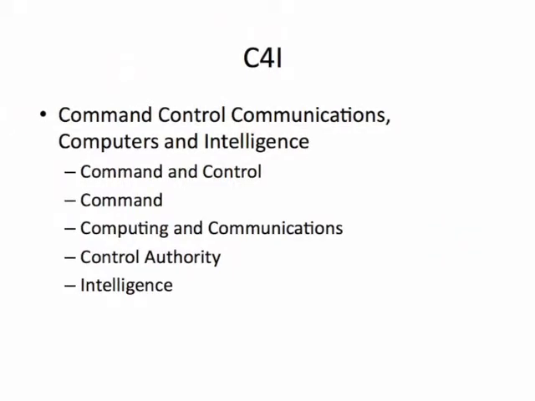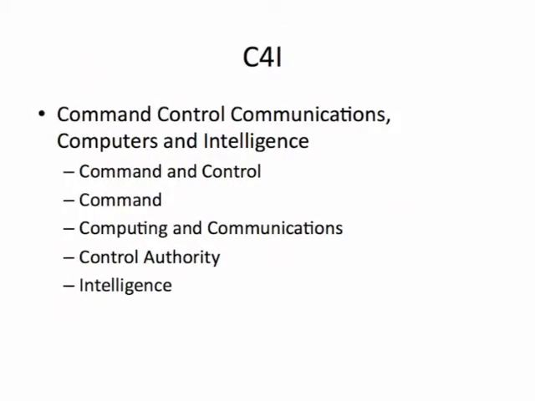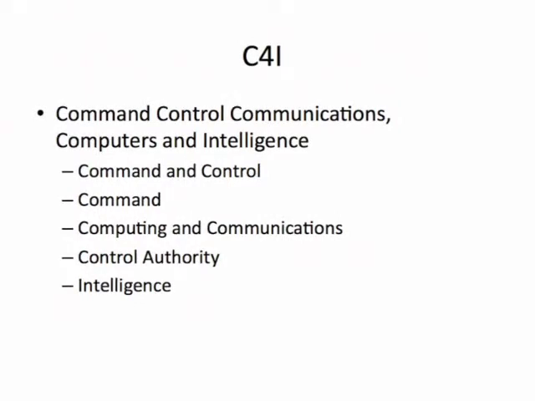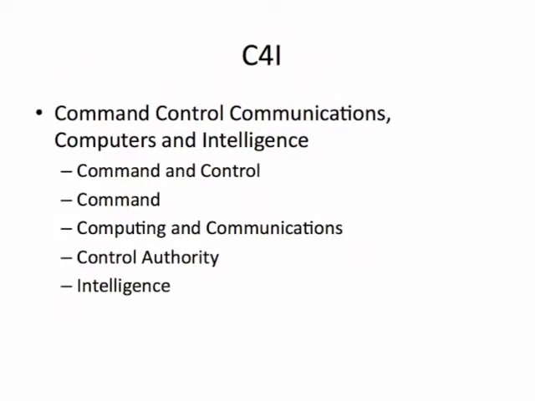Computing and communication are the two pervasive enabling technologies that support command and control: intelligence, surveillance, and reconnaissance. Computers and communications process and transport the information. Control authority may be less than full command exercised by a commander. Additionally, it includes physical or psychological pressure exerted with the intent to ensure that an agent or group will respond as directed.